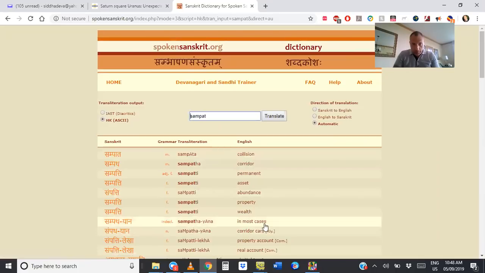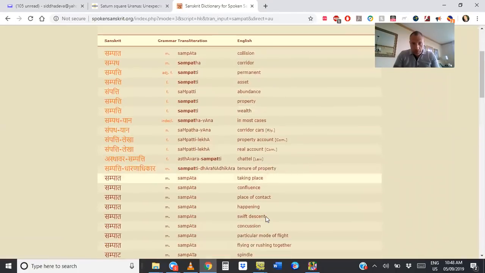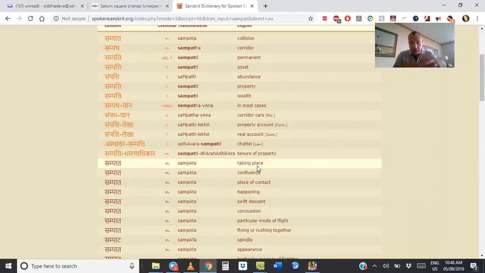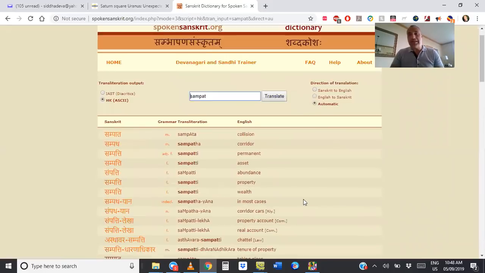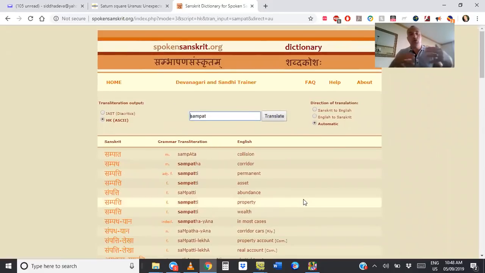wealth, sampada, confluence, things falling together. So it's this idea of you and the object of your desire coming together, sampat, okay? Because pat means to fall,